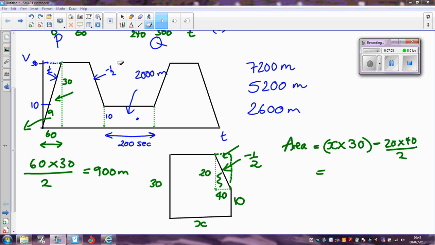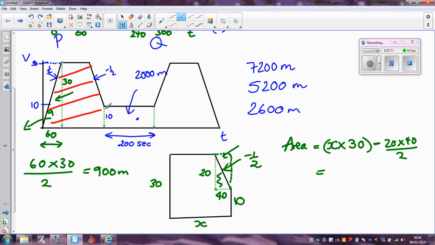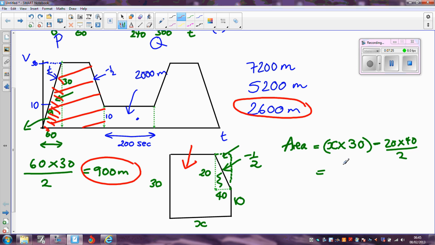Okay, we figured out before that the area of all of this, let's just highlight it in red, as we worked out before, is going to have to be this 2,600 meters. And we worked out earlier that this triangle here has an area of 900 meters, which means that this shape here must have an area of 2,600 take away the 900 meters, which is that triangle on the left. In other words,